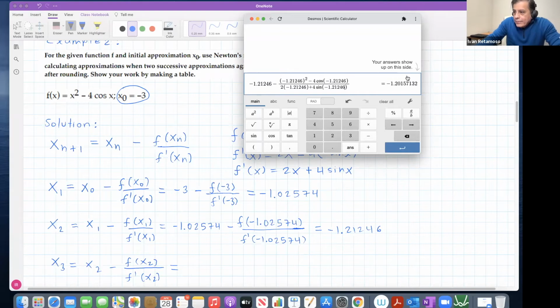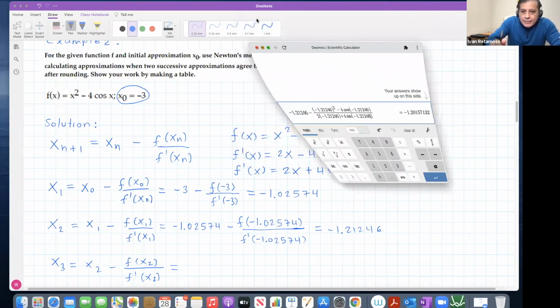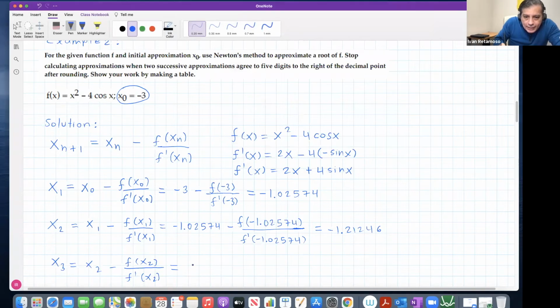And this new value must now be written here, right? So I'm going to put this down for a moment. All I did was x minus f of negative 1.21246 divided by the derivative of this guy. The output became the input for the new iteration, and as a result I got this guy, negative